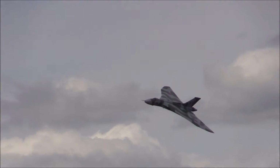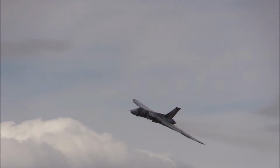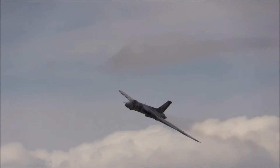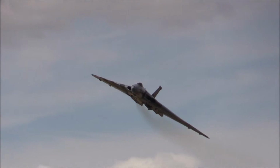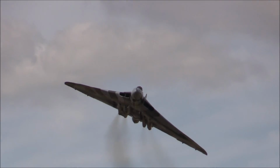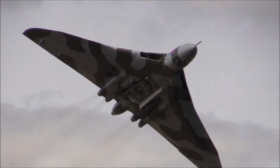The pilot at that time, Martin Withers, who is now the chief pilot of the Vulcans for the Sky Trust. He was awarded a DFC, and his crew were mentioned in dispatches. As she comes back in front of us again, expect to see the bomb bay closing. Nowadays, it just contains the names of lots of people